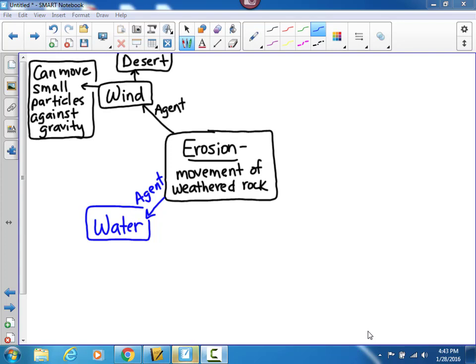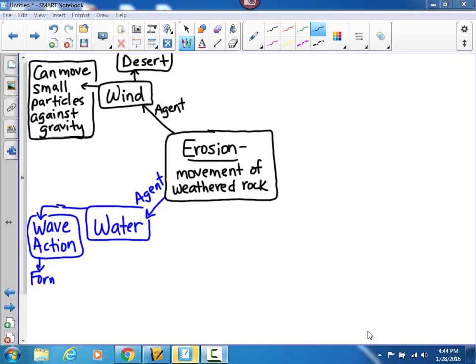One is through wave action. And of course, this would have to be along a shoreline, generally oceans, where you can get erosion